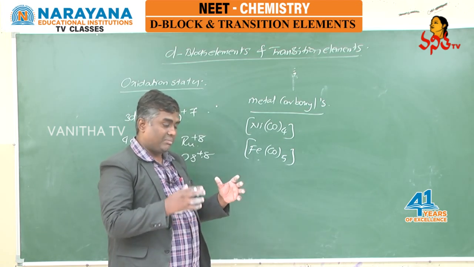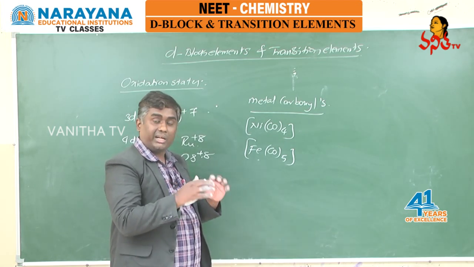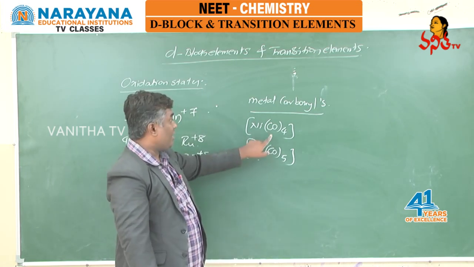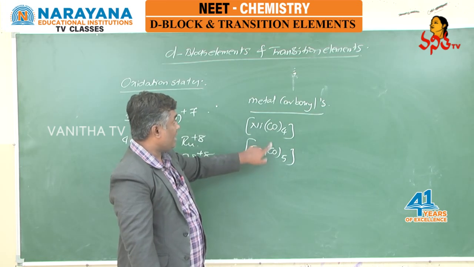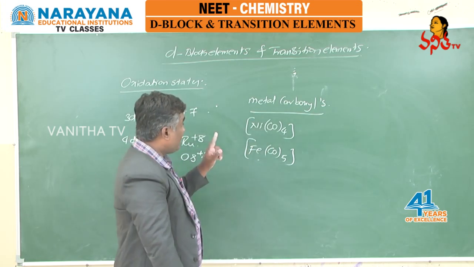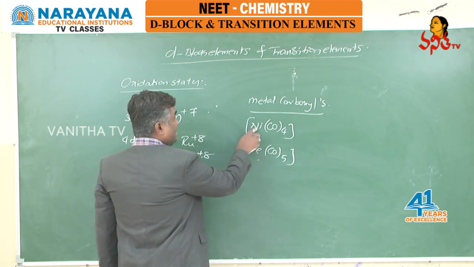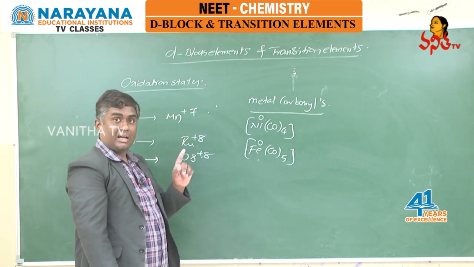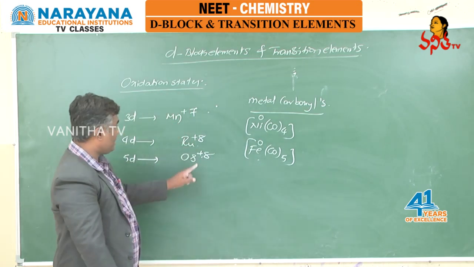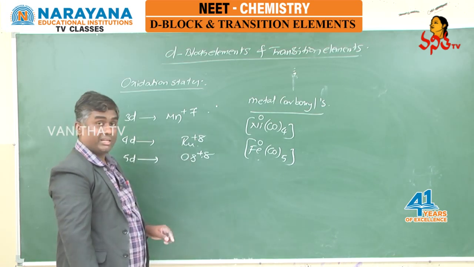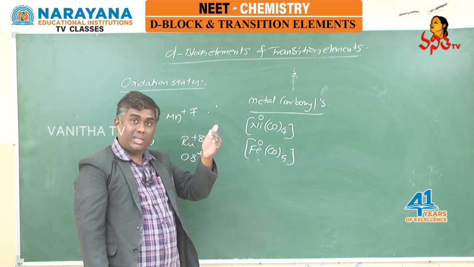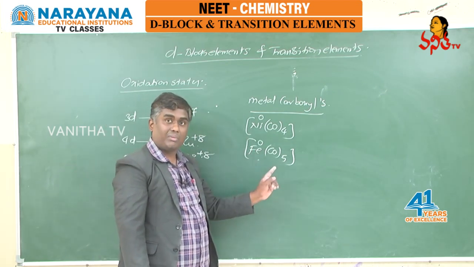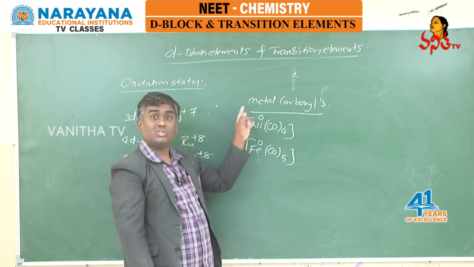When the central metal atom and ligand are both coordinated, the resulting compound is known as a complex compound. Particularly if the ligand is carbon monoxide, that is known as metal carbonyls, and in metal carbonyls the specialty is that the central metal atoms are exhibiting zero oxidation state. It means transition elements exhibit their highest oxidation state in ruthenium +8 and osmium +8, and transition elements can exhibit their lowest oxidation state in the form of metal carbonyls. In metal carbonyls, their oxidation state is found to be 0, right?